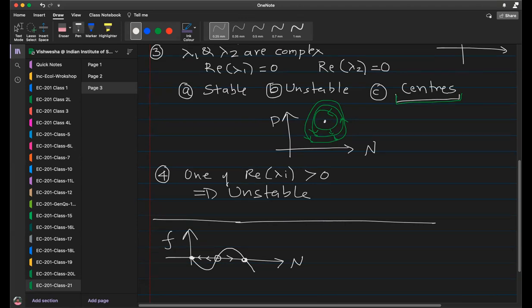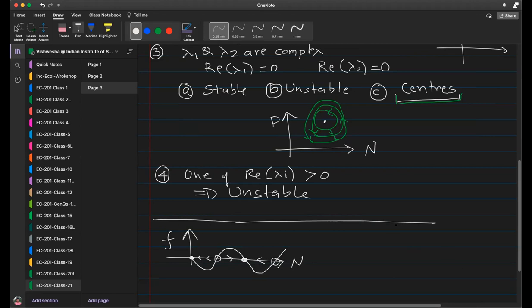So you see an interesting pattern. Hypothetically, imagine there was one more equilibrium here. Can you close your eyes and say, what should this be? Unstable. So stable, unstable, stable, unstable. That has to be the case. Basically any two consecutive equilibria have to be of opposite type in terms of stability. And if there are only two equilibria, one of them has to be stable, the other has to be unstable, right?